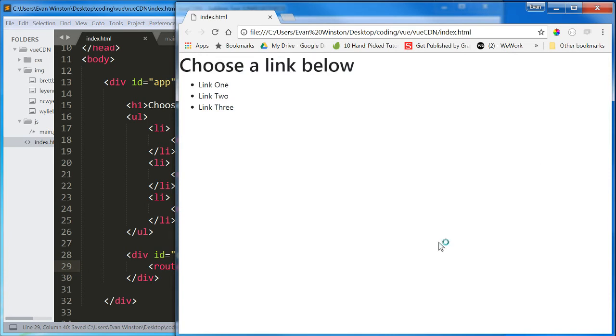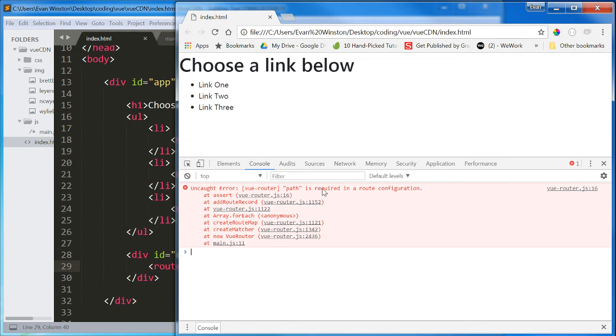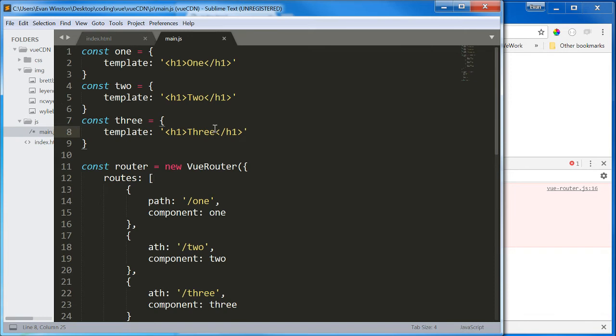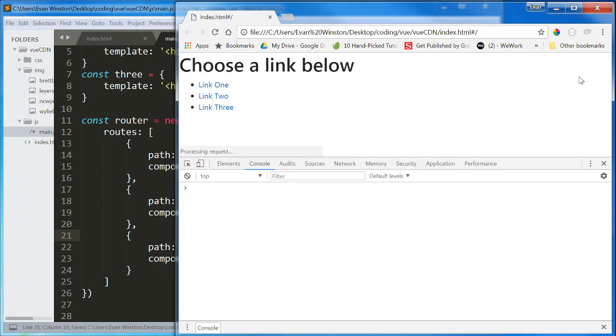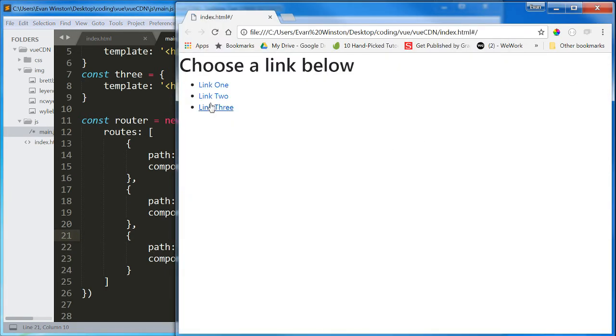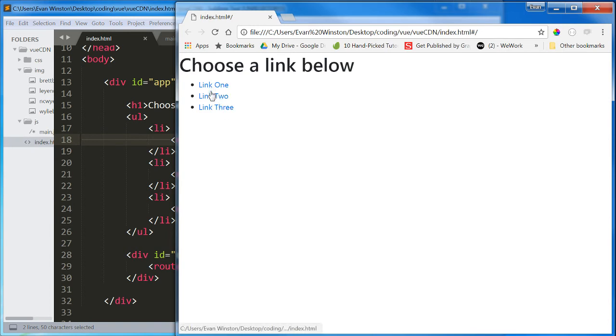Let me just make sure I'm not throwing an error. I am. I misspelled path twice. That'll do it. Okay, so now we see that these router links have actually activated, and they look like links now. They look and behave like anchors. We can style them differently if you want, just like you can with an anchor. But I'm going to click on link 1, and it shows 1 down here. Link 2, link 3,